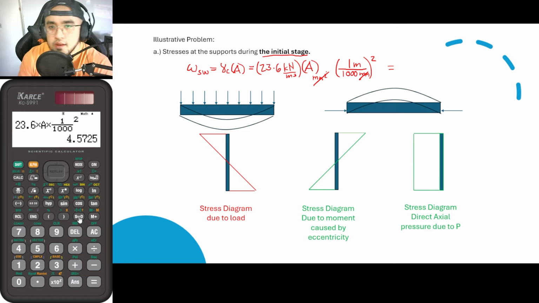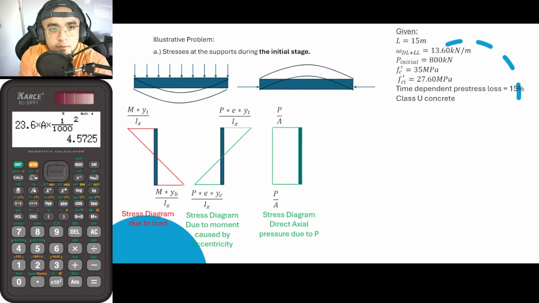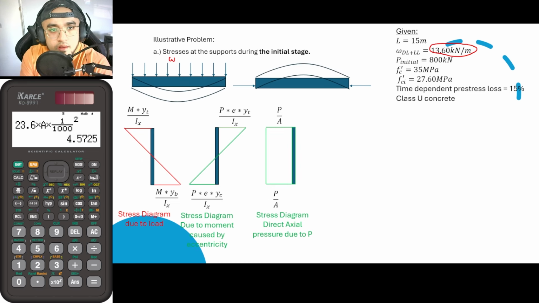So from that, this is now 5.725 kilonewtons per meter. Since meter cubed will now be cancelled out by meter squared, it will leave us a value of kilonewton per meter. So, proceeding once again, the self weight is equal to